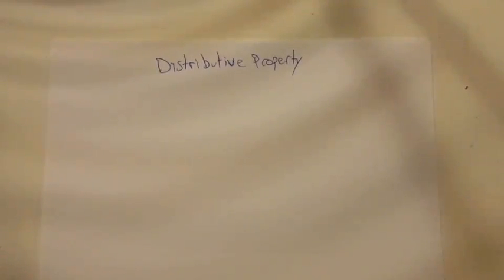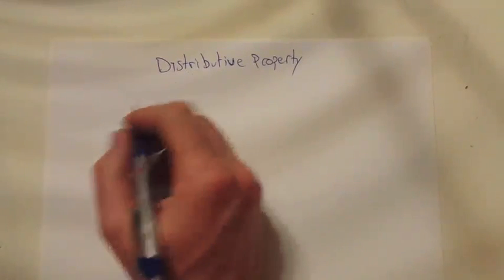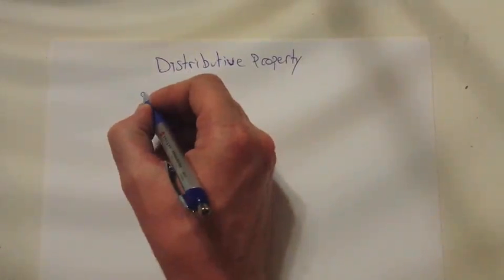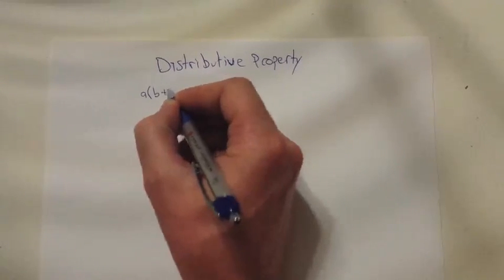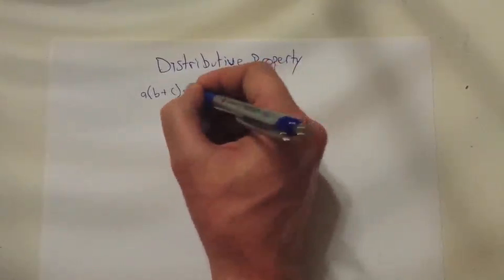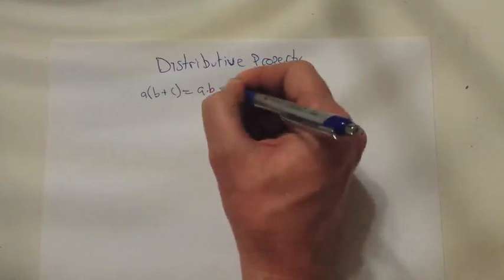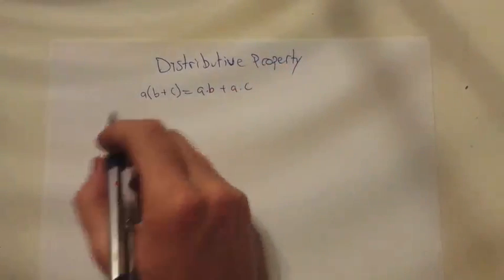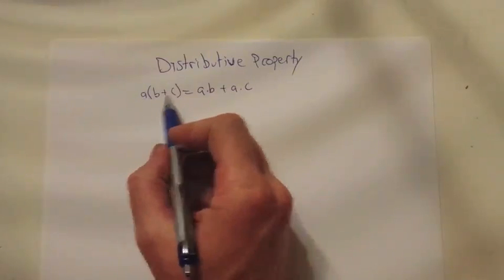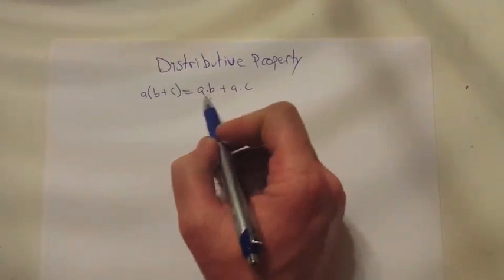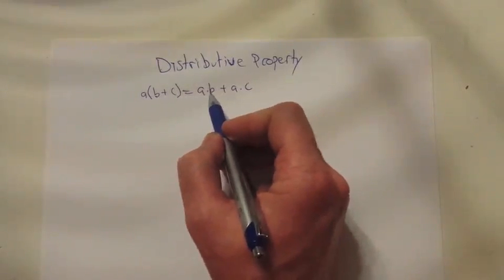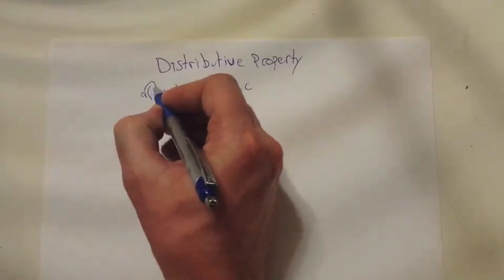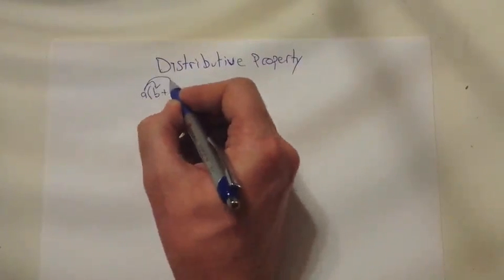Alright, so I'll just write out the formal way we talk about the distributive property, and it's this. If we just had variables, let's call them A, B, and C: A times (B plus C) equals A times B plus A times C. Basically all that's saying is that if we have A times (B plus C), we can break it up into its smaller parts, A times B and A times C. And what you just do is you distribute the A to the B and you distribute the A to the